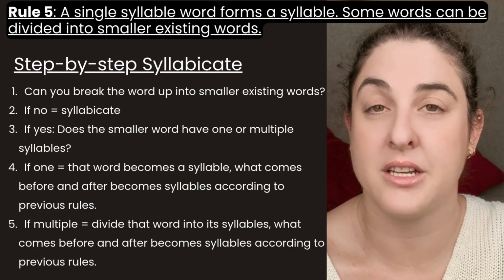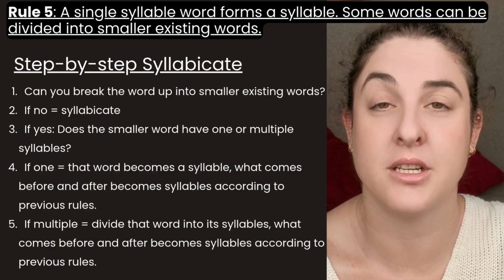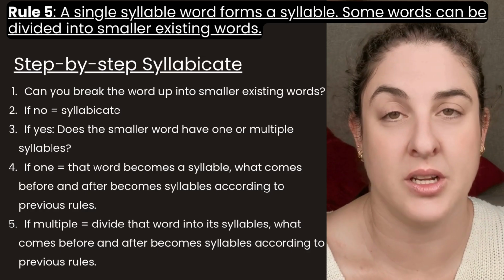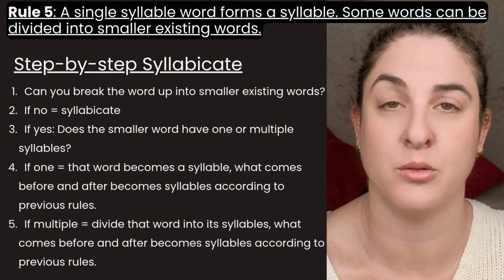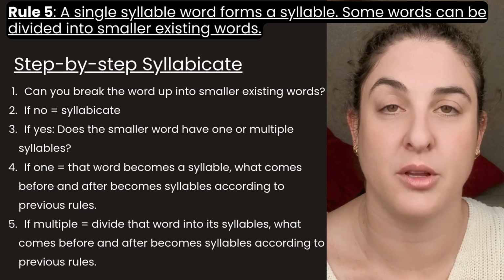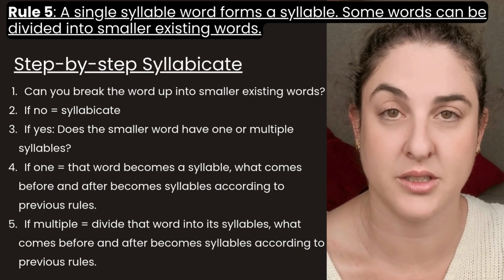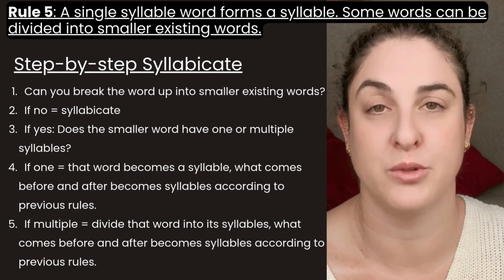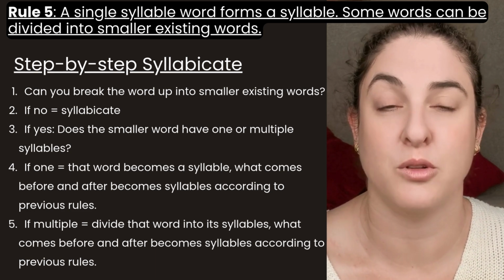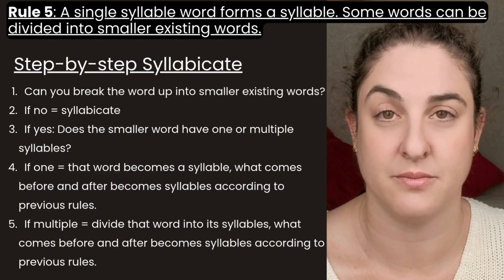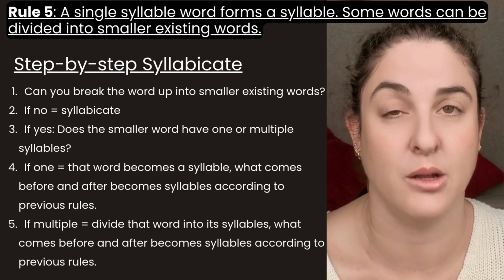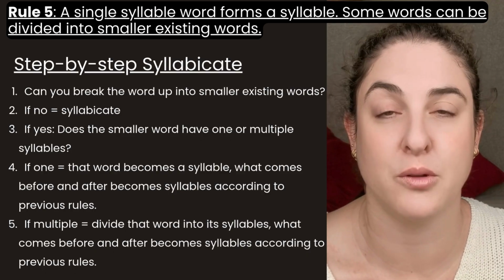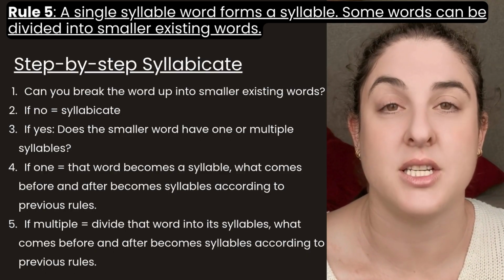Rule number 5. A single syllable word forms a syllable. What does that mean? It means a word that only has one syllable, when it is in another word, forms a syllable. That word becomes a syllable in the other word. So if you have a pre-existing word within a larger word, the pre-existing word will be one of the syllables. I will show you exactly what I mean shortly. So some words can be divided into smaller, meaningful, and existing words. Step by step,